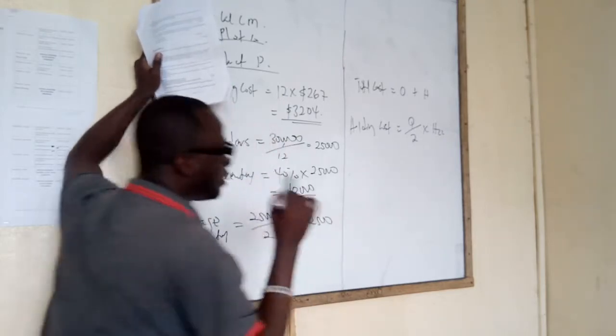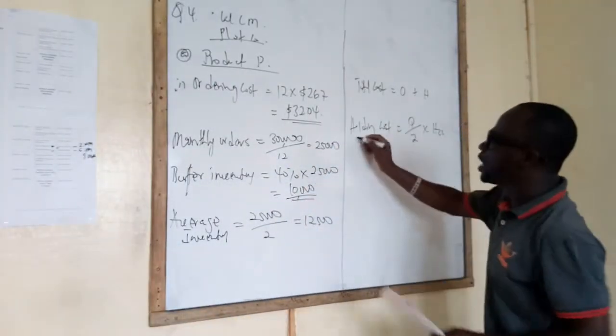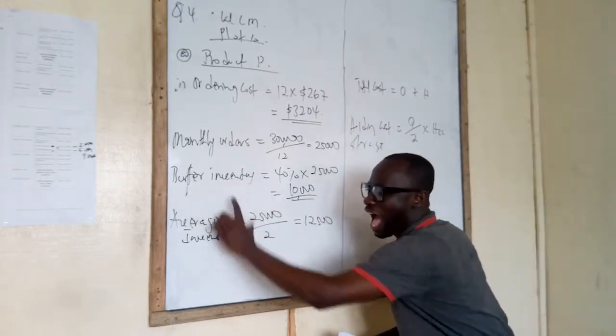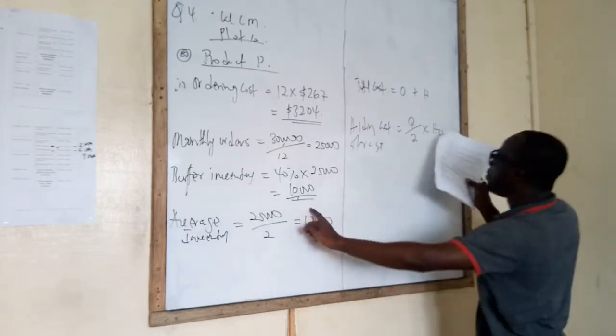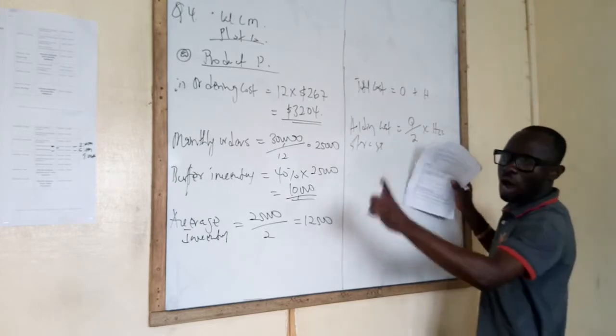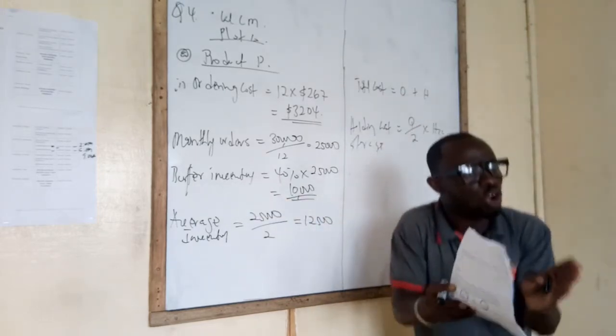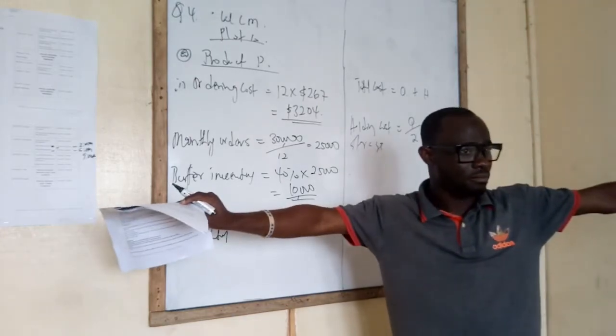12,500. Now listen. Holding cost is the same as storage cost. And we will just do it like this and then multiply it by the holding cost per unit and go away. But I've told you that the buffer inventory means the minimum stock we are supposed to have every time. Hence,